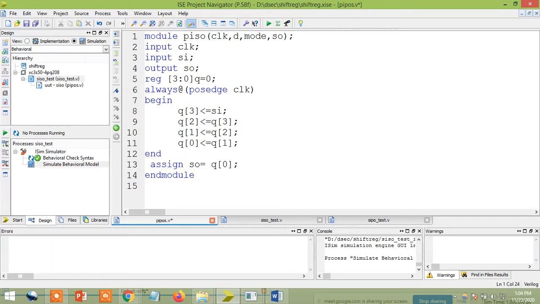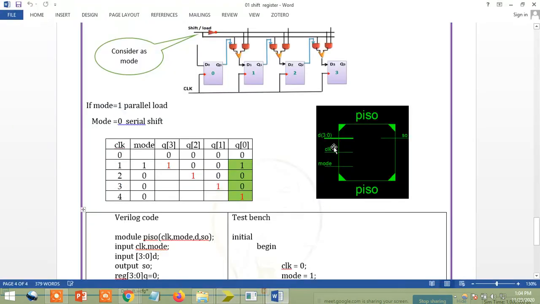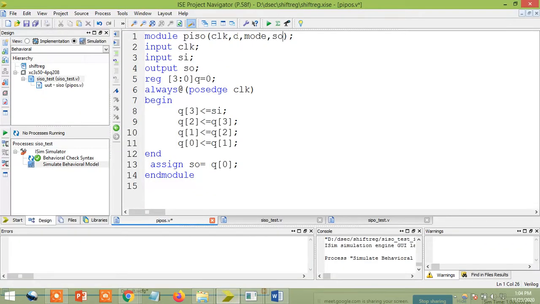And next it is a serial output. I'm going to use S0. That's why, see, D, clock, mode and S0. D I'm going to take as 4 bits because it is parallel in, but serial output, so I'm going to take a single bit for my output S0. Yeah, I'll take D as a vector. Okay, let's see. First input is clock, and the mode input is a single bit only, not an issue. D is a vector 3 down to 0, just like in the parallel in program we did before. Same thing, only 3 down to 0.